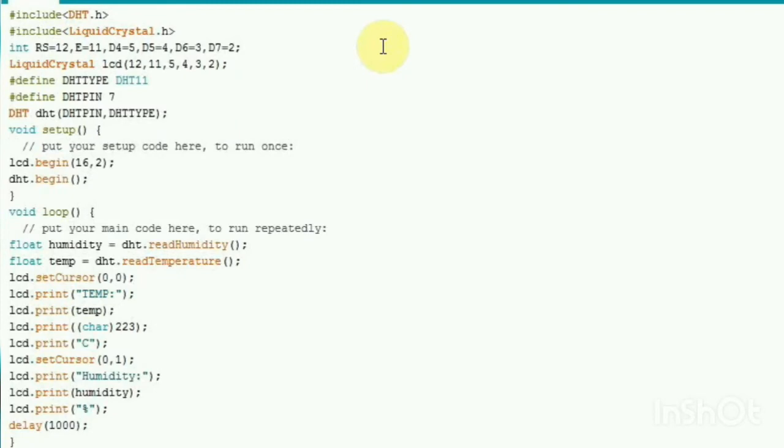So this is the code for interfacing the DHT11 sensor with the Arduino board. Let us see the code one by one. Now the first line, #include dht.h, is for including the library of the DHT11 temperature and humidity